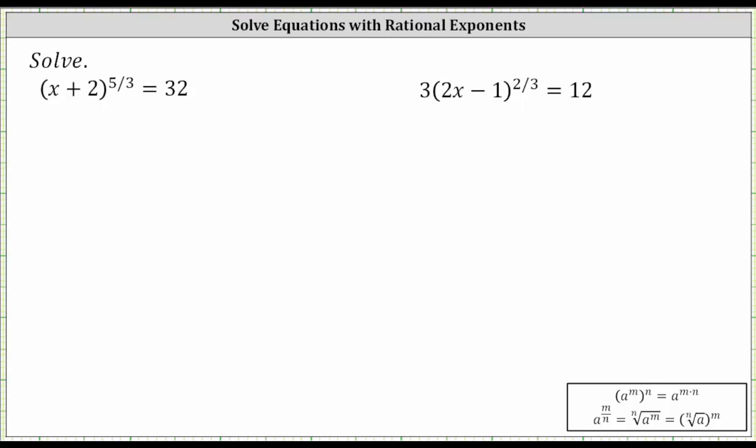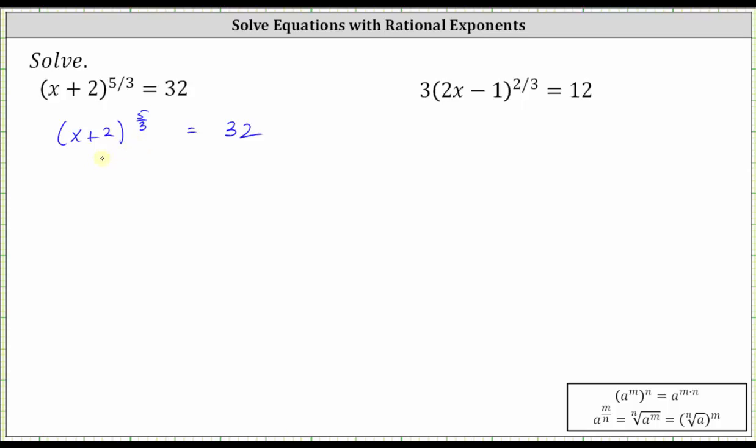We want to solve the given equations with rational exponents. For the first equation, we have the quantity x plus 2 raised to the power of 5/3 equals 32. Notice how the part of the equation raised to the 5/3 power is already isolated, and therefore the first step